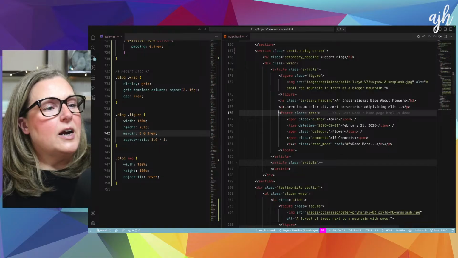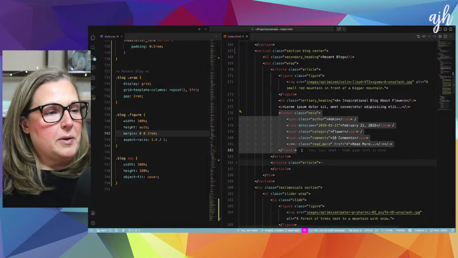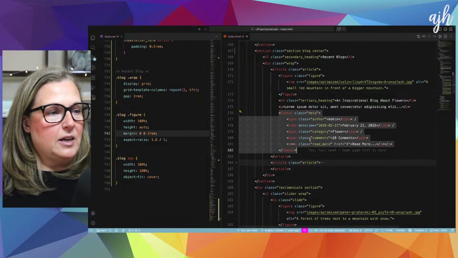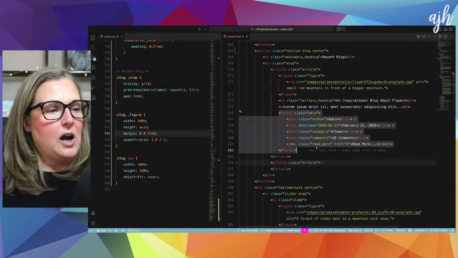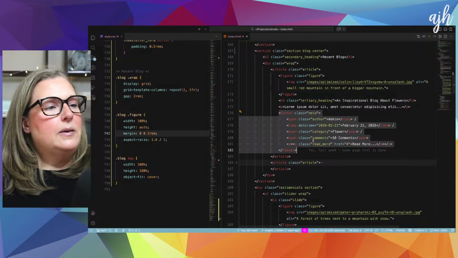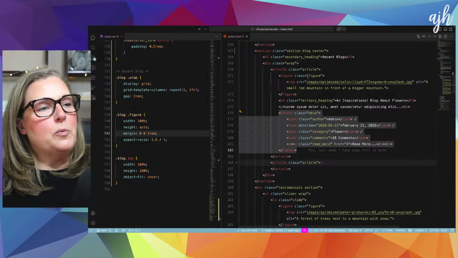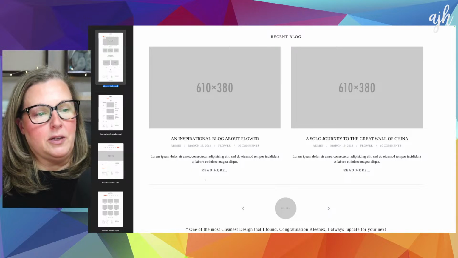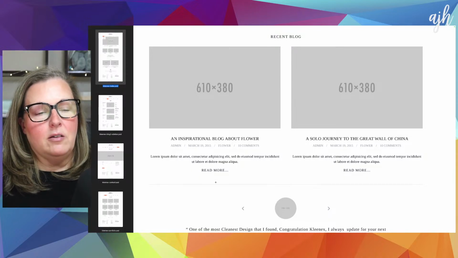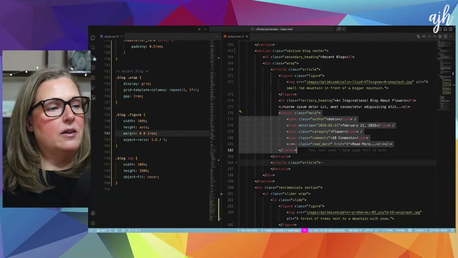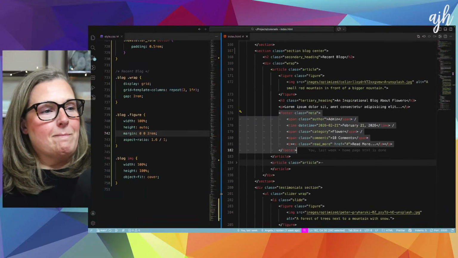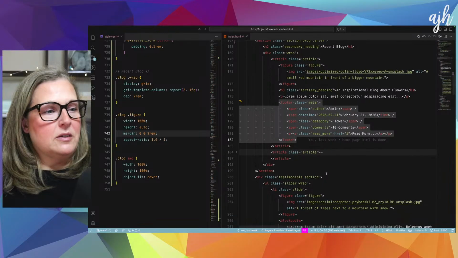So we decided that we were going to use this footer element to hold our metadata, right? So the metadata is like the author, the date, time, the category, the comments, the read more button, which means that we had to just move around our markup a little bit. So it doesn't match this exactly. I think we had to move our description up underneath the title, and then everything else got moved down, which is completely fine. So that's why that looks a little bit different.